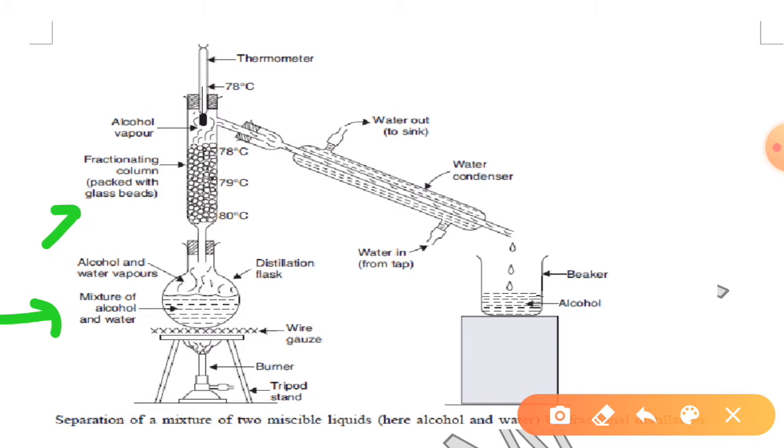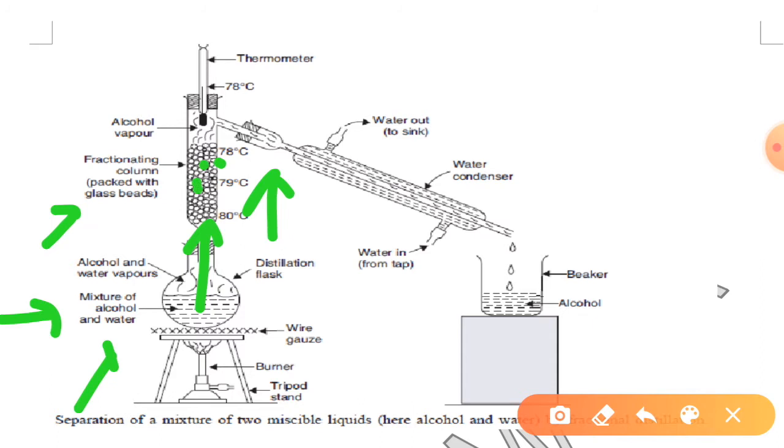Now when you will heat your mixture, then the vapor will rise up. Okay, both alcohol vapor and water vapor will rise up, and you know that condensation and evaporation process occurs simultaneously. Here you can see the evaporating water and alcohol, and above at the top slowly these vapor will start condensation process and they will form droplet and they will come back. So what is happening here, after some time the vapor will continuously go up and the vapor which are already present there, they will be heated by the upcoming vapors.